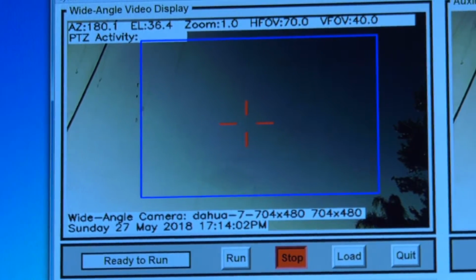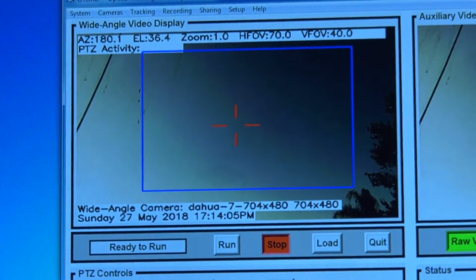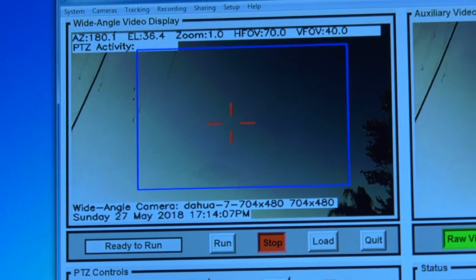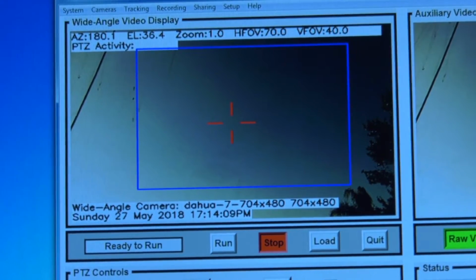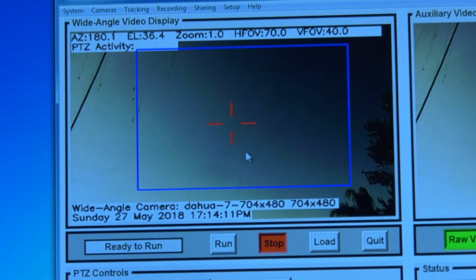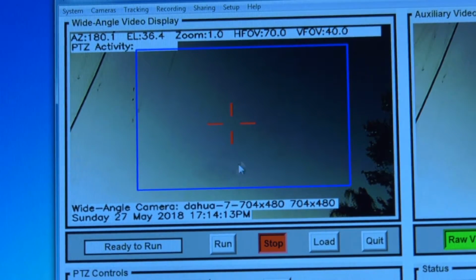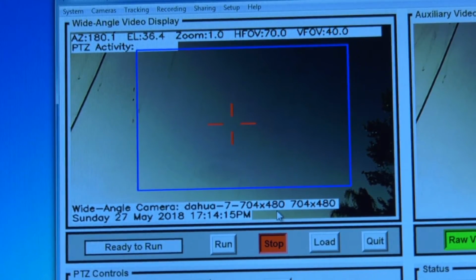It can support all sky cameras in that fashion, and all kinds of USB derived cameras. In this case, this is a high-end camera, but it happens to be set to 704 by 480 pixels resolution. It could be doing 1920 by 1080.